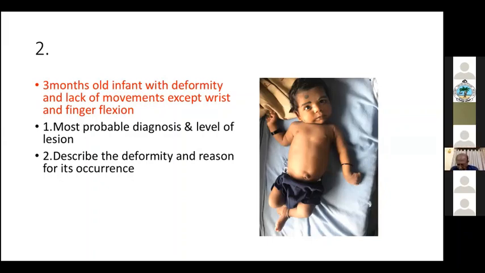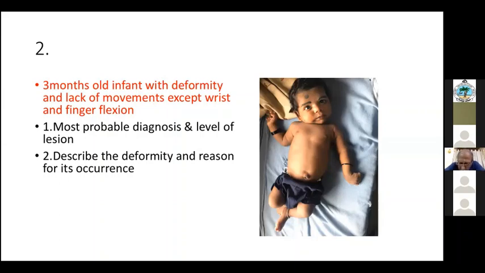Suprascapular node. So which muscle is the internal rotator that is acting? Yeah, subscapularis is acting. So which are the external rotators that are not acting? Infraspinatus and teres minor. Yeah, so they come from C5, isn't it? Therefore, yes, that is the reason for internal rotation of the shoulder.